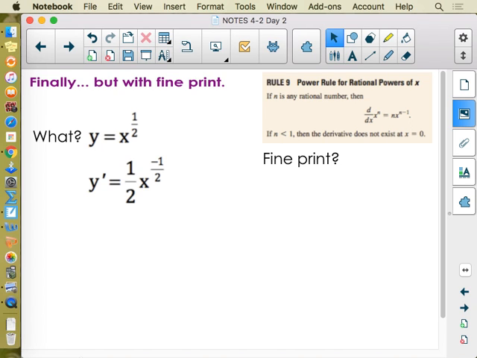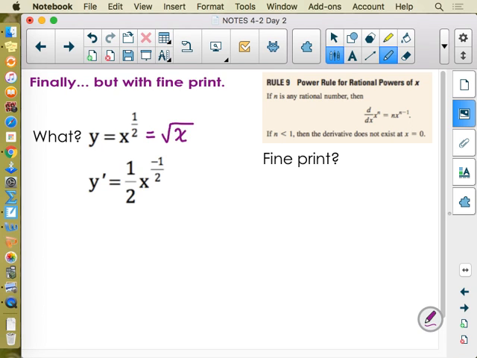So we want to add some more stuff in with that today, just double check, do some finer points of this. In this section, when you do the reading, they finally bring up the power rule for rational powers. We've been using it all along. Rational powers meaning powers that aren't always whole numbers, they could be fractions. So we've been using x to the 1/2 when we're representing square root of x in derivatives. This is finally when the book brings it in and says there is the rule and that you can use that. So the rule itself isn't new, but the fine print is what we want to be careful about,